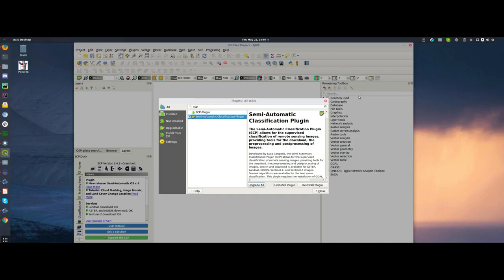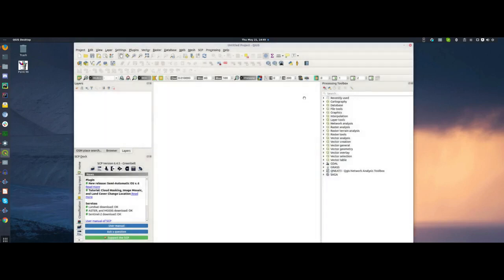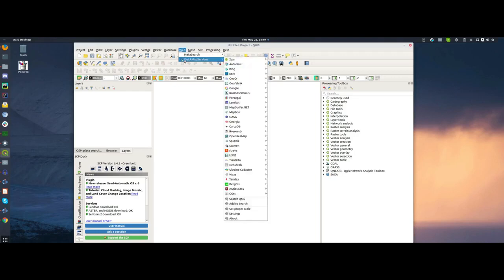Then this big menu bar should appear on your install of QGIS. The next thing we're going to do is add a base map using that Quick Map Services plugin that you just installed. So you're going to go Web, Quick Map Services. Now I already have this contrib pack installed, so your list of base maps is not going to be as large as mine, but we're going to fix that in a second. You go all the way down here to Settings,